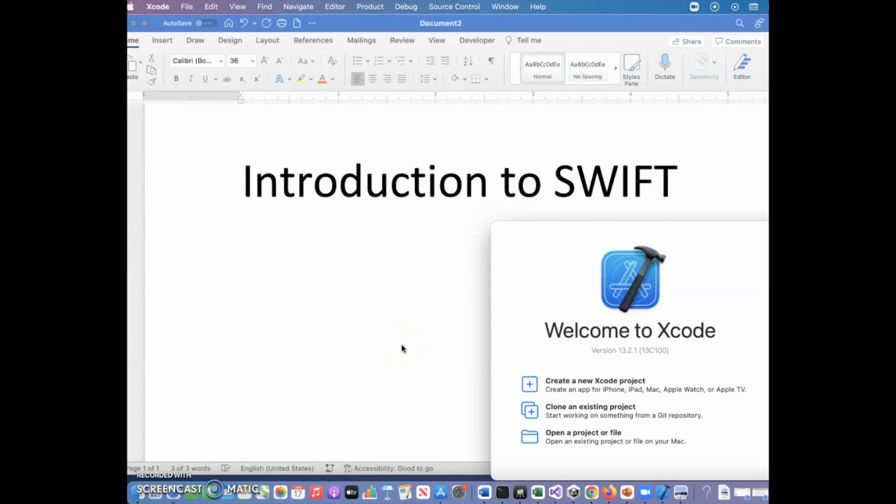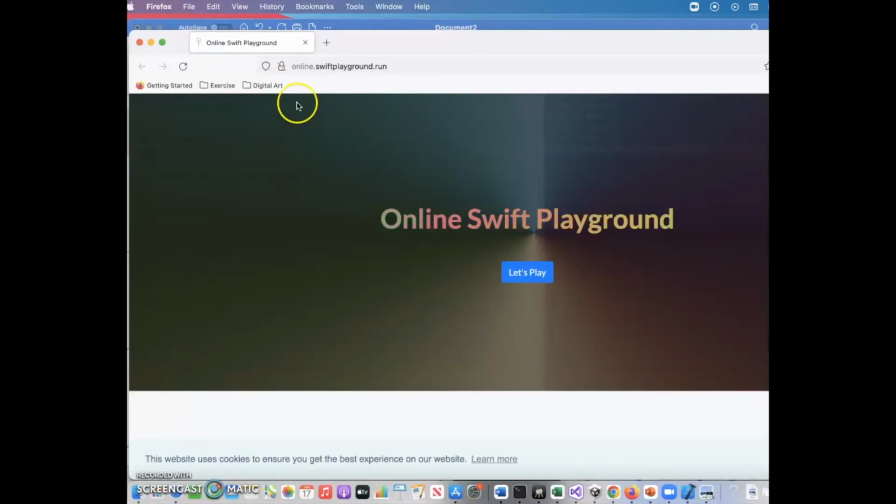Today I'm going to do a little video on an introduction to Swift, which is a really cool object-oriented programming language. And I'm going to be working in the IDE Xcode, which is only available on Macs. So if you're going to use Swift for app development, you're probably going to eventually be working with a Mac. But if not, there are a few online versions of Swift that you could use if you've got a Windows computer. And one of them is